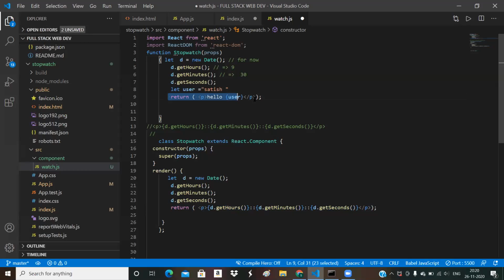And if you want to use some JavaScript variables, you can put them in curly braces. That I have already discussed. Now,